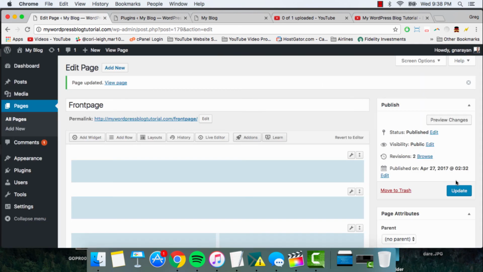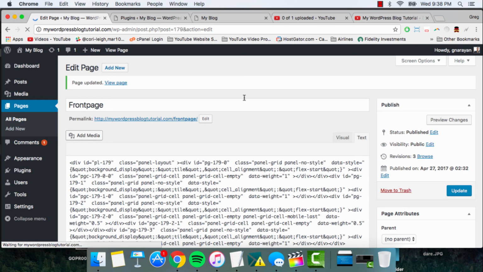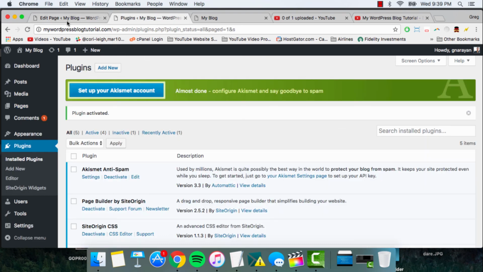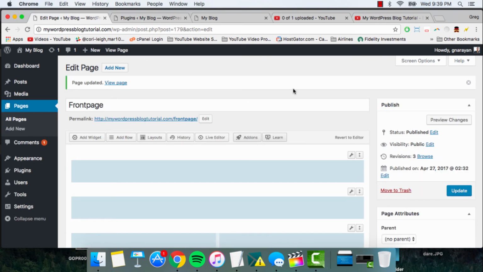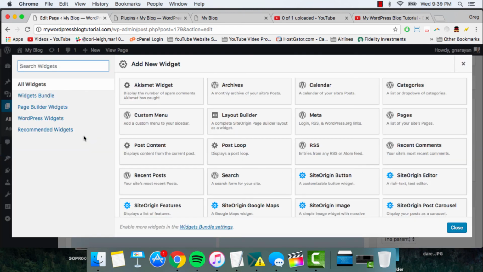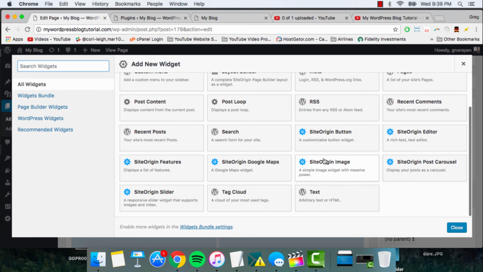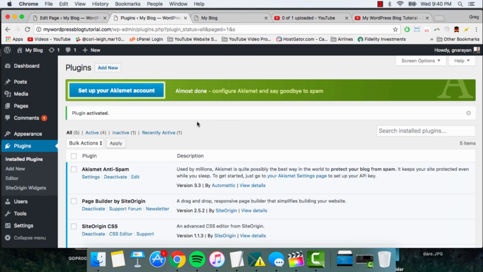Come back to your homepage now and just click update one more time to make sure that we're all updated and we have the structure, and that'll also refresh the page so that this page knows that the plugins are ready to go from this other page. All right, good work. Now let's select the topmost row and highlight it so it'll become dark blue, and we can click add widget. And we can see we now have the blue gears, so we got a little more powerful. And just kidding, there's actually one more plugin you want, so click add new one more time